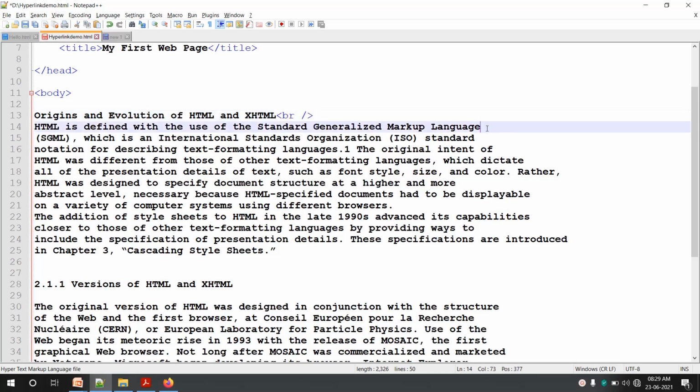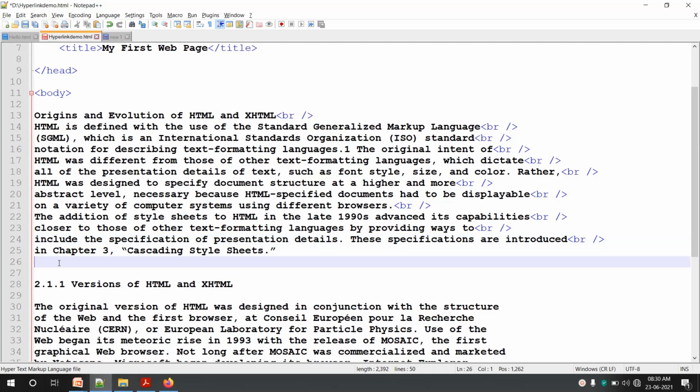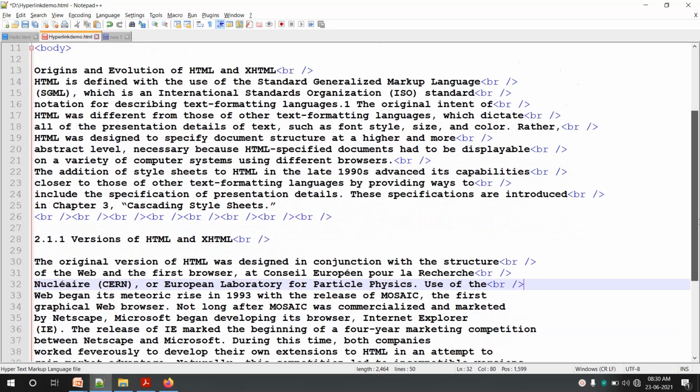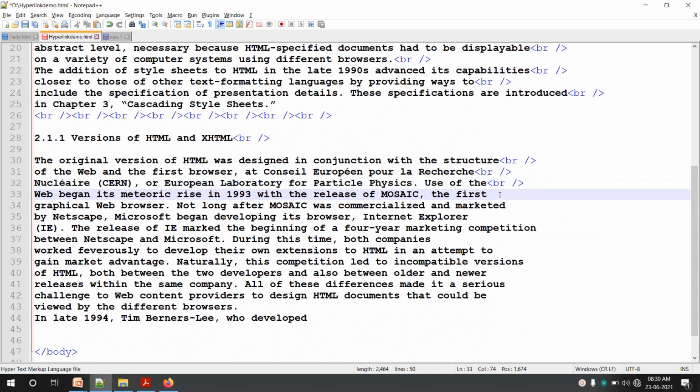Okay, I'll just copy and paste it. I'll add some more breaks in between. At the end of every line I am adding a break so that the next line is displayed on a new line.